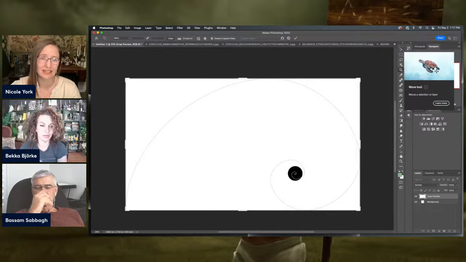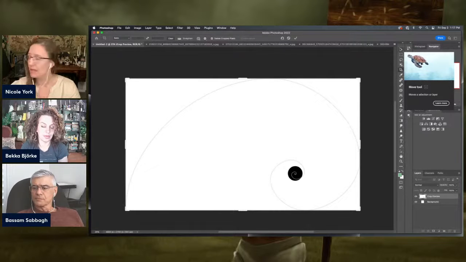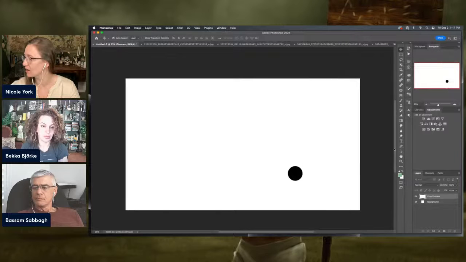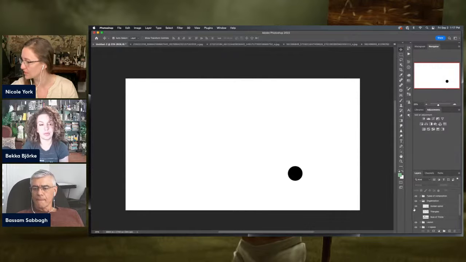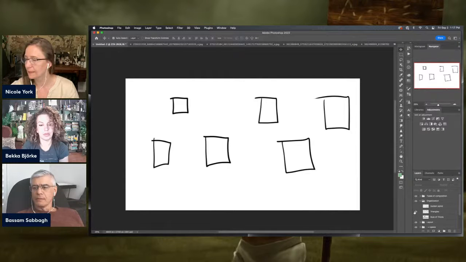But the idea is that these are kind of recreations of things that we find pleasing. And depending on what other information is in the scene, then you'll be able to see, so a golden spiral. This might not make much sense either.